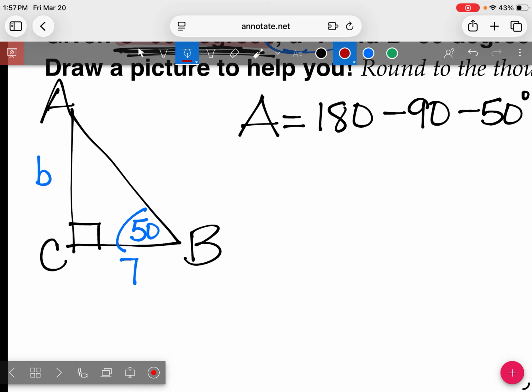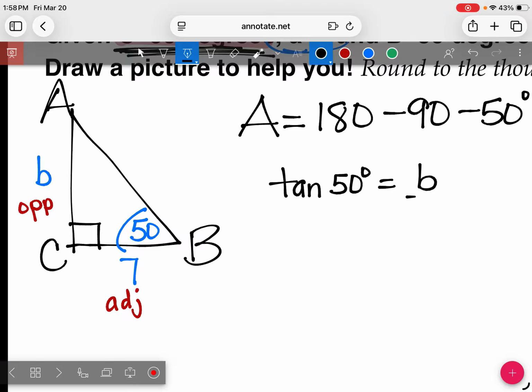The 7, what is that 7? Is it opposite, adjacent, or the hypotenuse? What is little b? Opposite. So what am I using? Sine, cosine, or tangent? O and A. Which one has O and A? Tangent. So I'm going to do tangent of 50